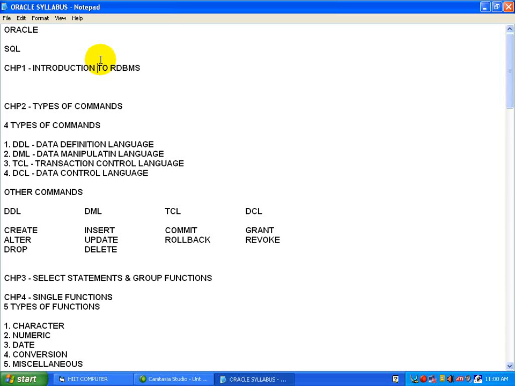PLSQL is an extension of SQL. A PLSQL block can contain any number of SQL statements integrated with flow of control statements. Thus, PLSQL combines the data manipulating power of SQL with data processing power of procedural languages.